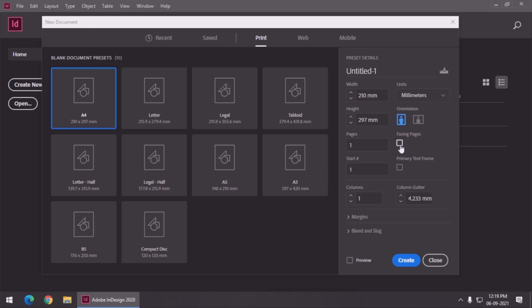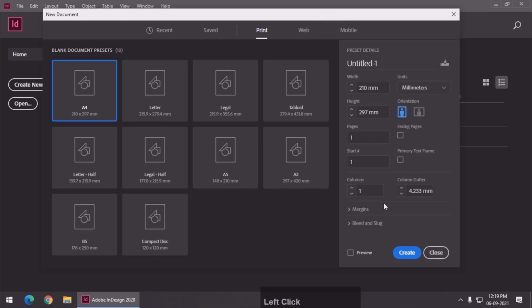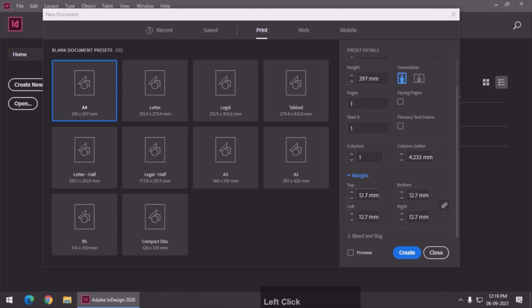So for the moment I am going to turn this off. Then we have columns that we will discuss later on. Now margins. Why margins are important, especially when you are going to print your design, because if you